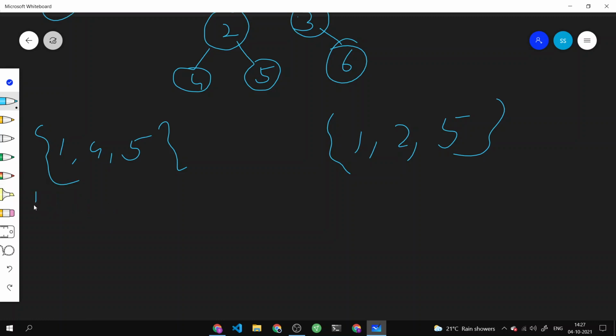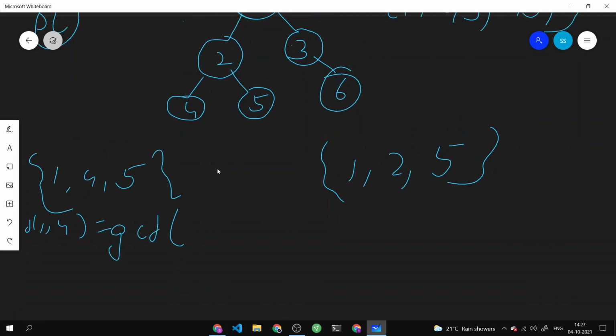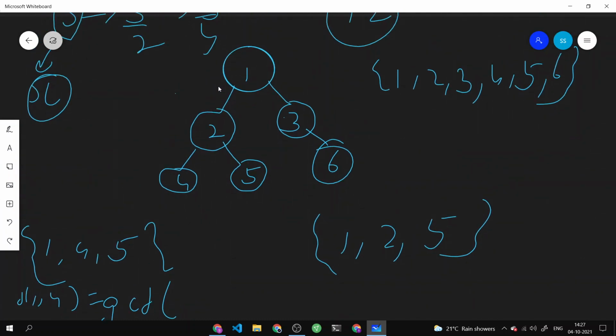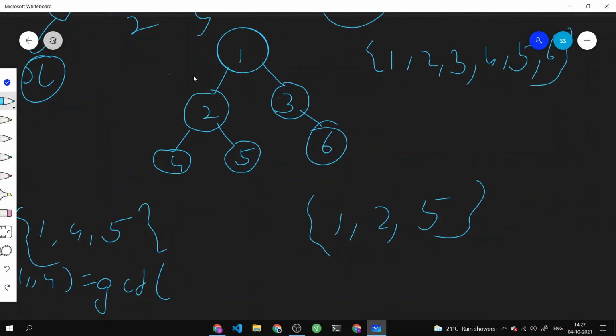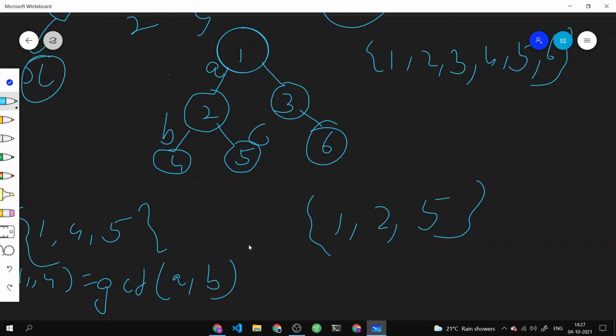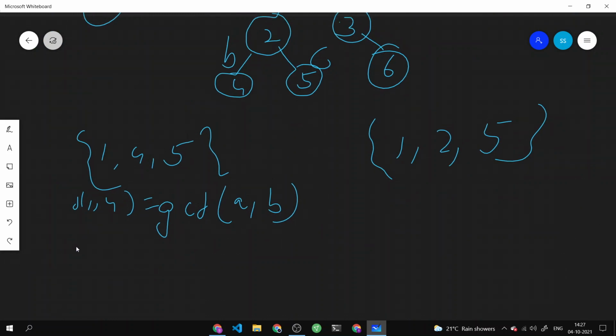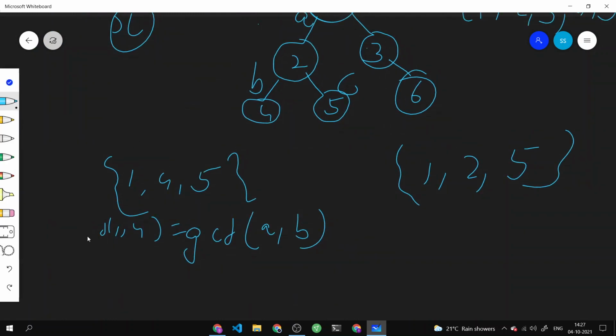distance of 1, 4, which will be equal to what? The distance of 1, 4 will actually be equal to the GCD of, let's call this edge A, and let's call the other edge B, and this edge C. So it will be equal to GCD of A comma B, then the distance of 2 comma 4, not the distance of 1 comma 5, because these are the set pair of edges that we are considering.